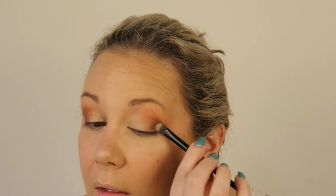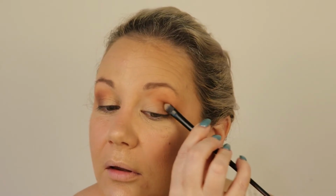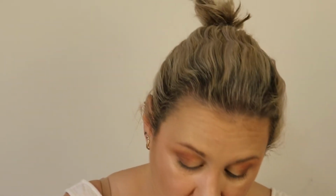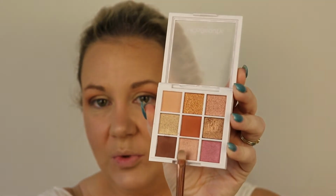Alrighty. I think so. Okay. I'm going to take a different flat brush, one that is now not got the darkest shade on it, and I'm going to do my lid. I'm going to go in with this shimmer down the bottom here, and I'm going to press it in over the whole lid. And I'm going to bring it up a little bit to kind of match up here